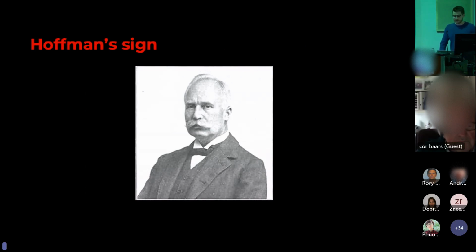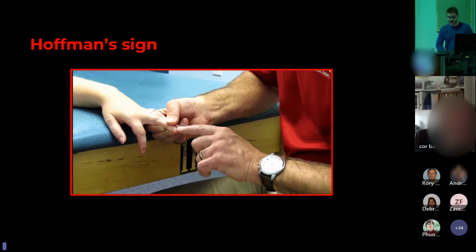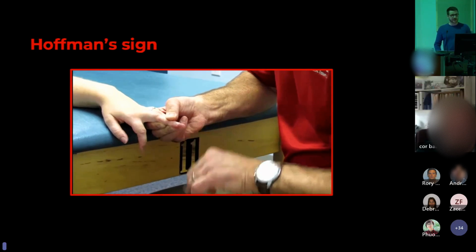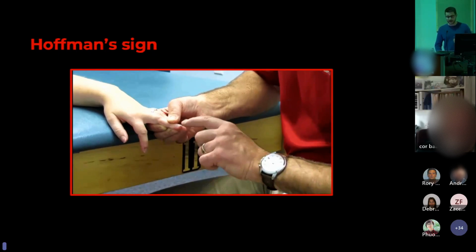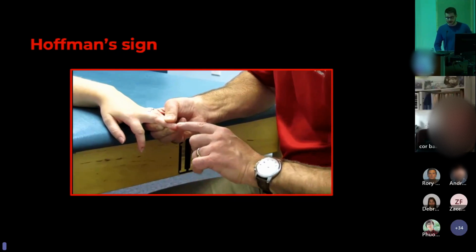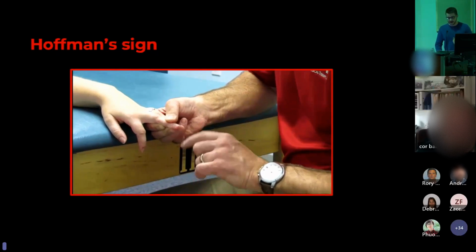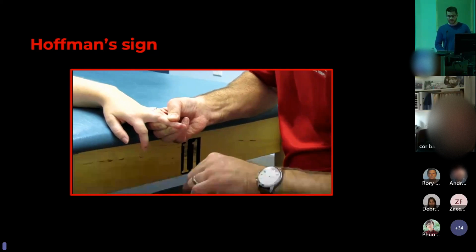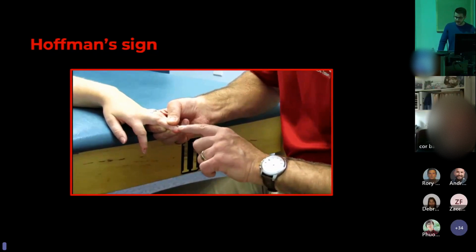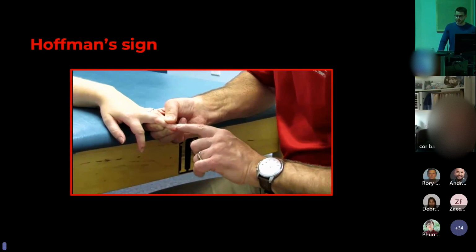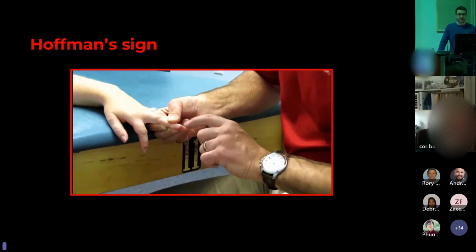So what is Hoffman sign? The Hoffman sign was proposed by Johann Hoffmann, a German neurologist, in 1911. To test for the Hoffman sign, support the patient's hand so that it is completely relaxed with the fingers partially flexed. Then grasp the patient's middle finger proximal to the DIP and then flick the patient's nail of the middle finger. The test is positive if you're able to observe quick adduction of the thumb and flexion of the index